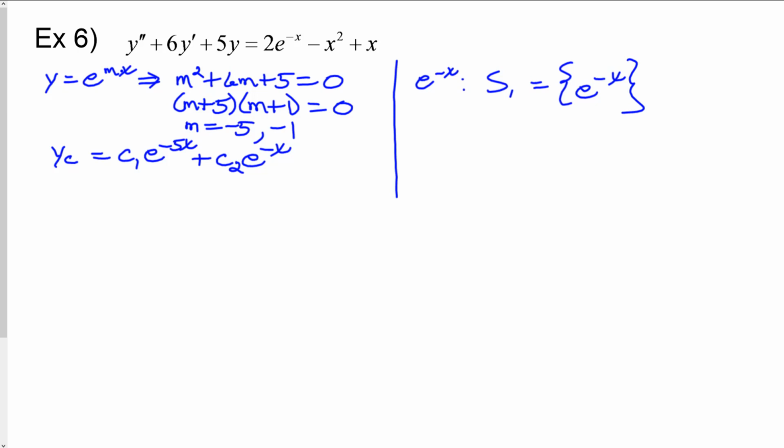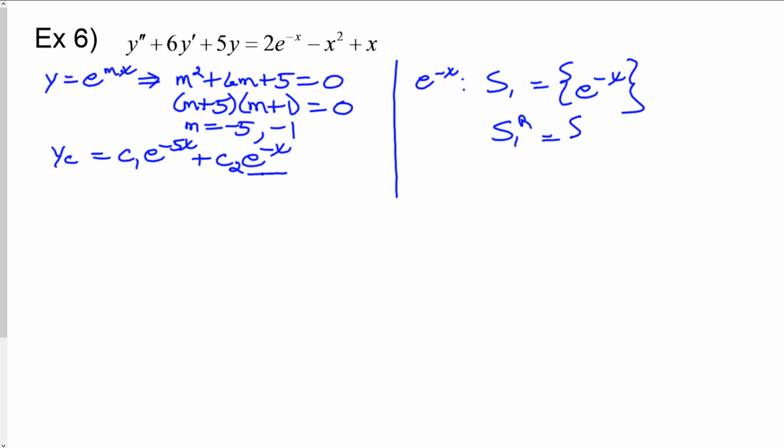Now, if you check, e to the negative x does overlap y sub c because we already have an e to the negative x term here, which means there's no way that a function that has a constant coefficient of e to the negative x would be linearly independent of the y equals c sub 2 e to the negative x term. Therefore, we have to revise this UC set, so we'll just call it S sub 1 revised,